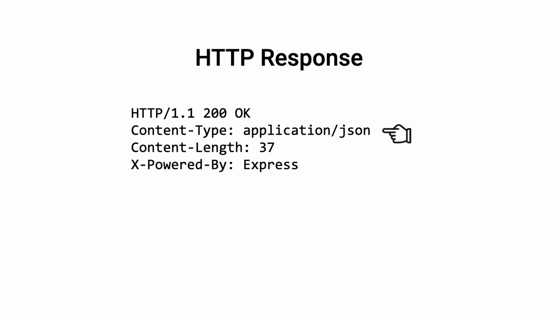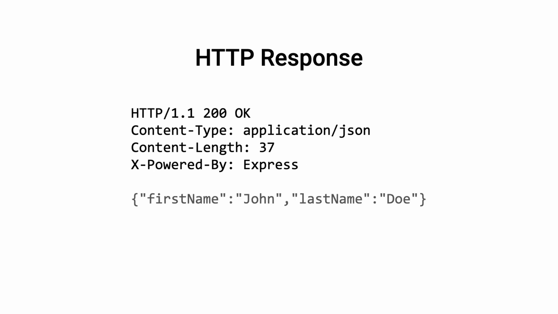For example, this header means that the message body of the response has the JSON format, and this one means that the server is using the Express framework. Finally, the message body is the actual content of the response, which may contain either the requested resource, some information about the status of the requested action, or in the case of an error, some additional information about the reasons